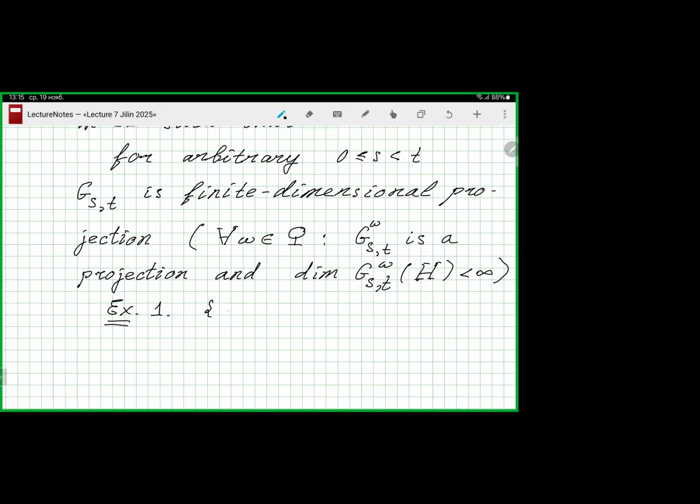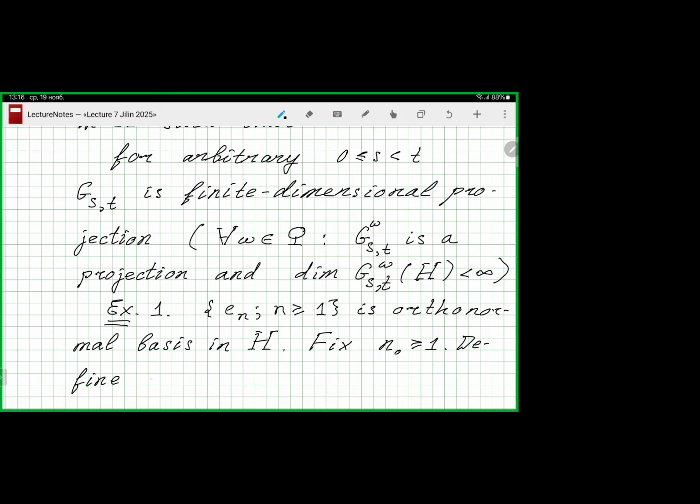Suppose that e_n, n greater or equal than 1, is an orthonormal basis in H. Fix n_0 greater or equal than 1, so fix some natural number, and then define the projection